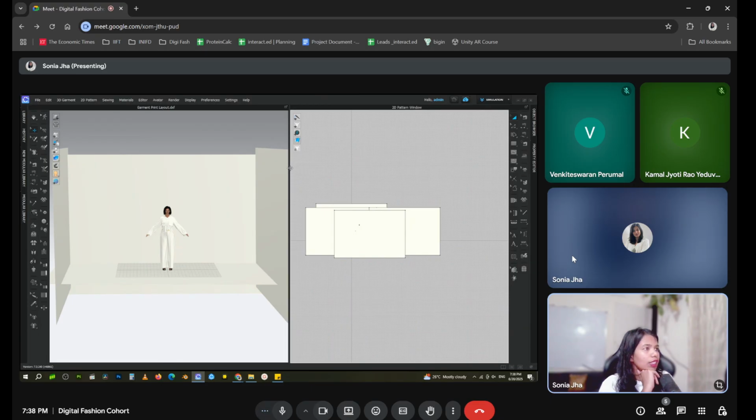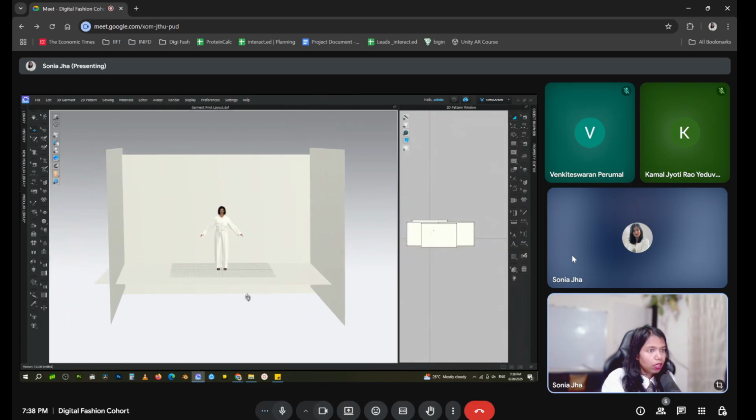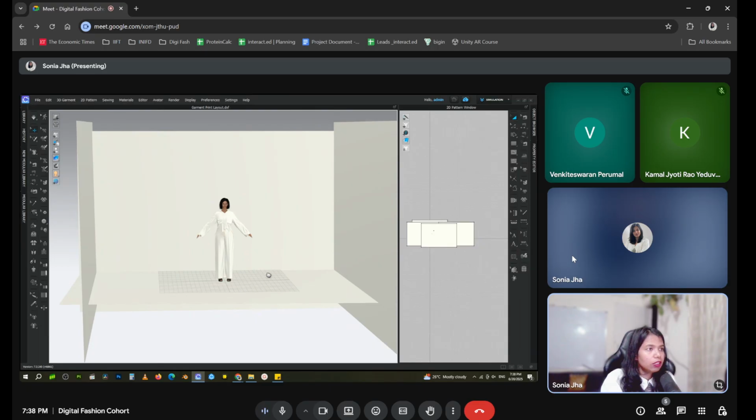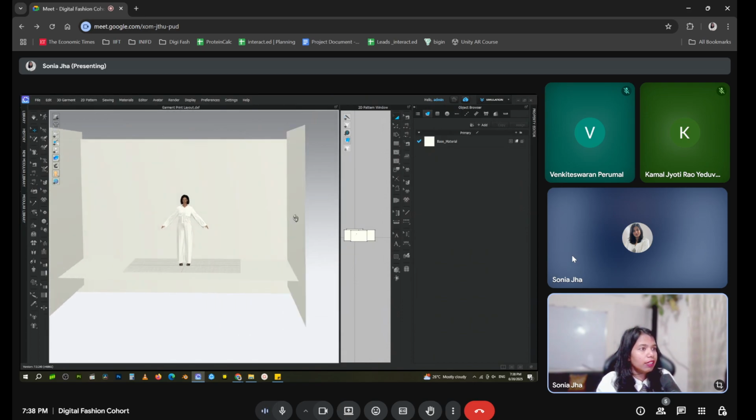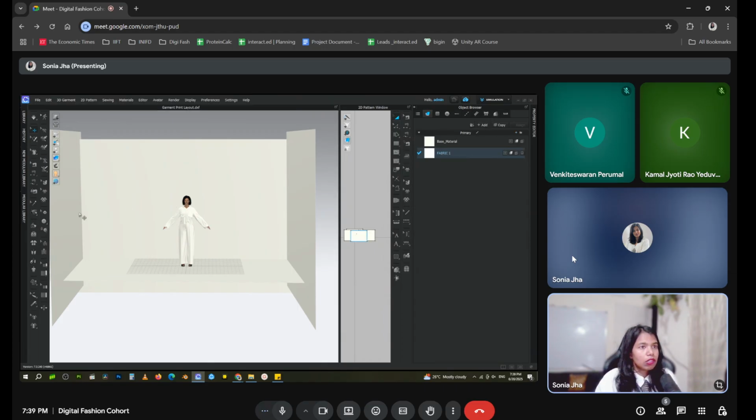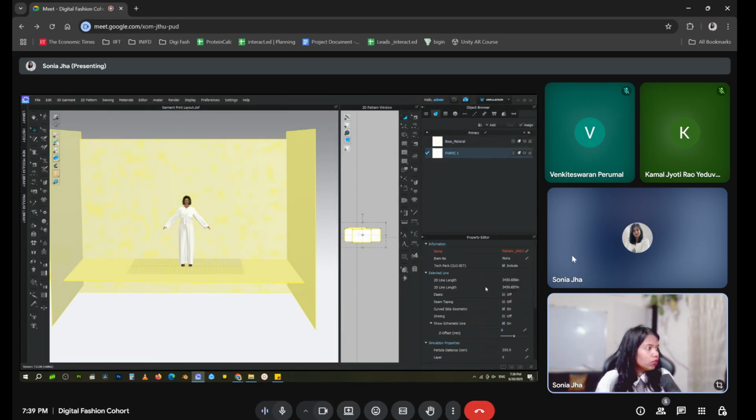Yeah, we'll skip because rendering is taking a whole lot of time. So I'll just show you how to add prints in this. Yeah, we have fabric and we have base material, right? So let's say I want a particular print on the background. I'll add another fabric. Select all the patterns that I want to assign that fabric to, and then using the property editor